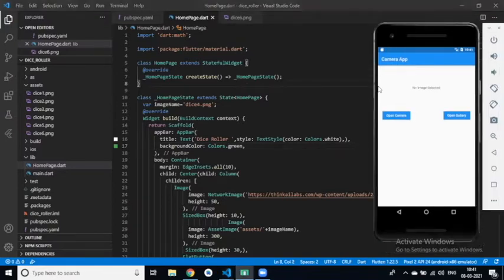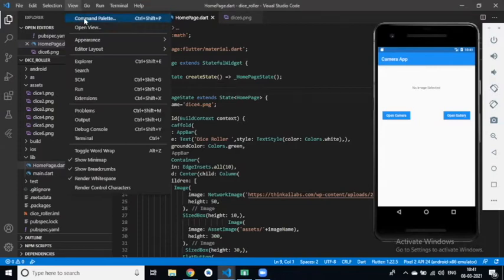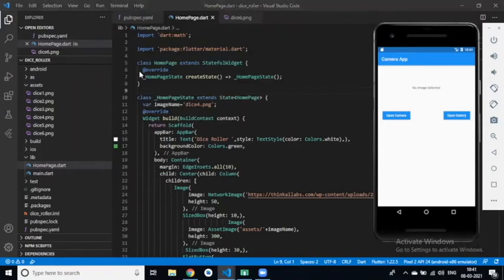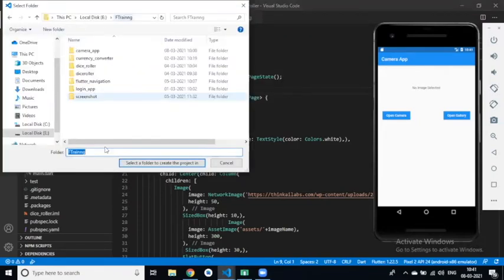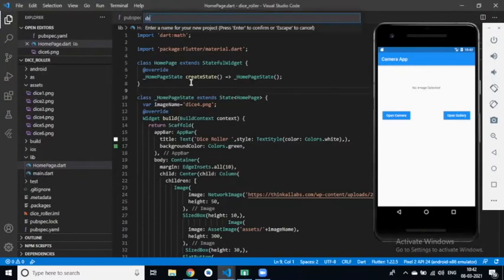A sounds app, basically a music player. So create this new Flutter application project, drum pad.